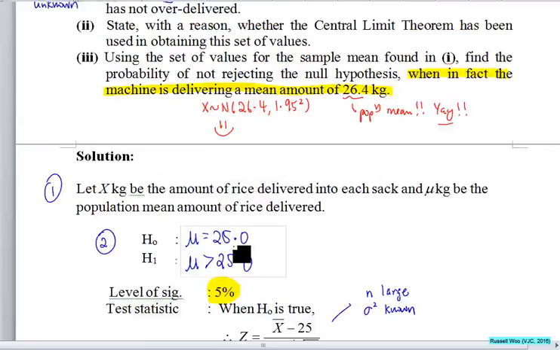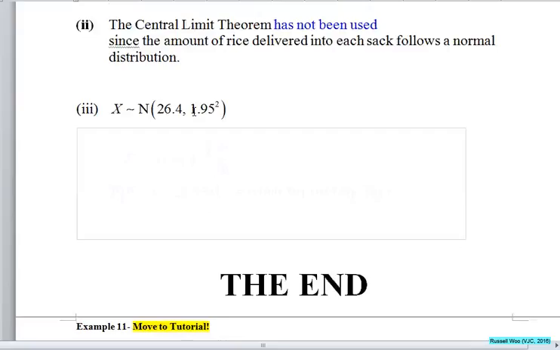They want you to find the probability of X bar lying between 0 and 25.5, given this. Correct? Because if X bar lies between 0 and 25.5, you would have not rejected H naught. Correct? Done. The rest, you can just